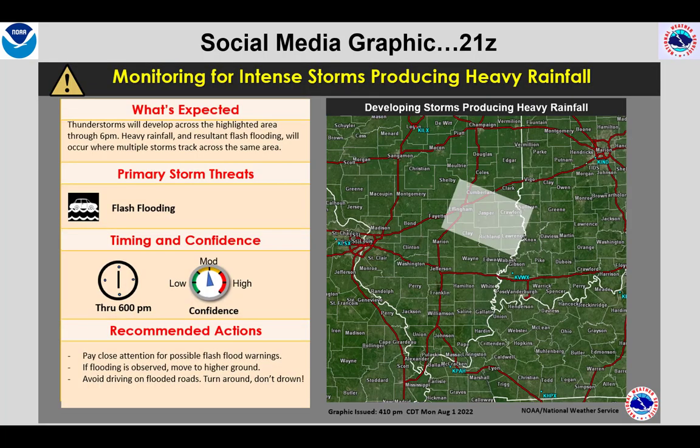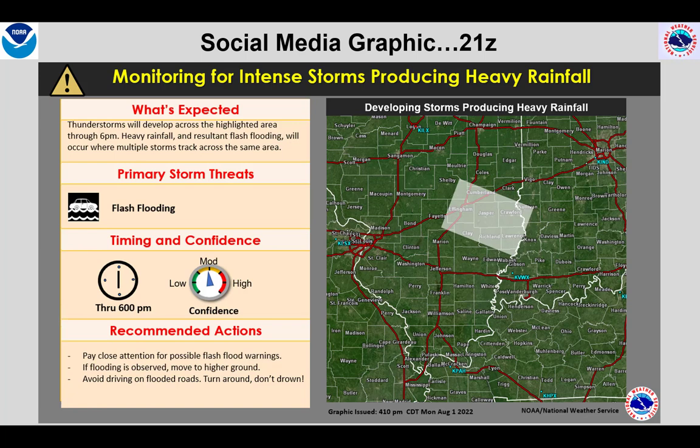Given the apparently sufficient clues to indicate potential for heavy rainfall, if we see a cluster of storms train over the same area, I would design a 21Z social media graphic like the one shown here. My confidence would not be high, again due to uncertainty as to whether we see an excessive rainfall event or just scattered severe storms with hail. I might also share this graphic using Slack with core partners, along with a message similar to what's given in